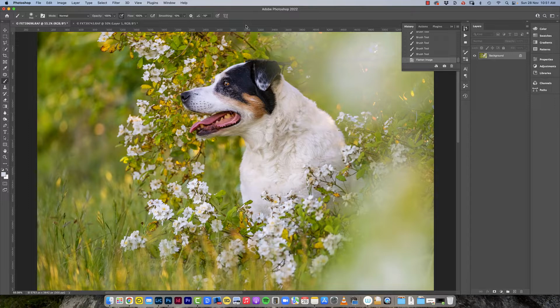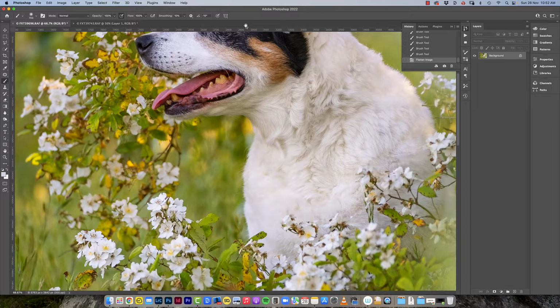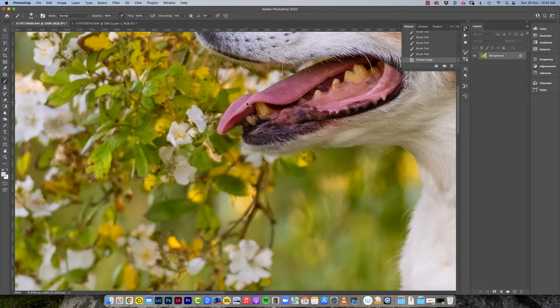I'm just editing this image of the absolutely beautiful Eva, and I've had a request from the client. Since we had our session, Eva's had a little bit of dental work done and her teeth are looking much more healthy and white now than they used to. So the client's actually asked if I can reflect that in the edits of the image. So what I'm going to do is just whiten up these teeth a little bit